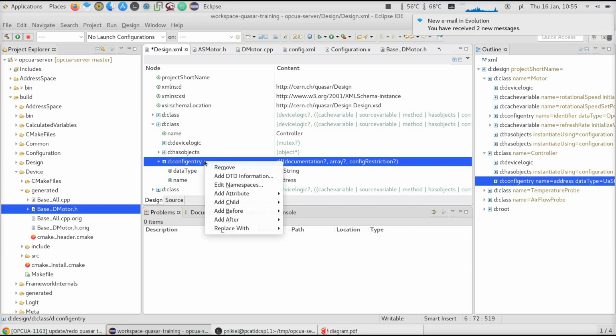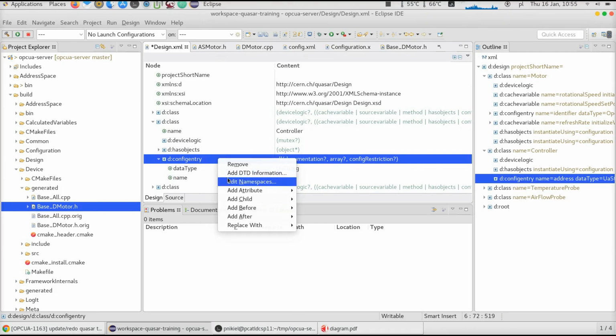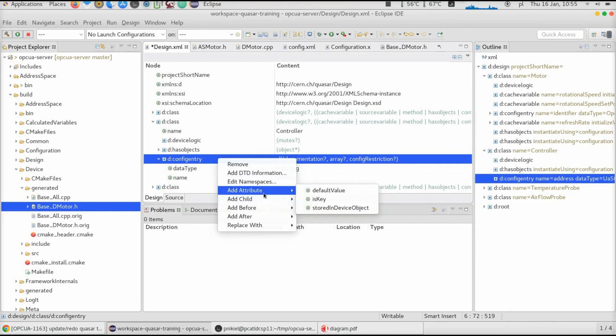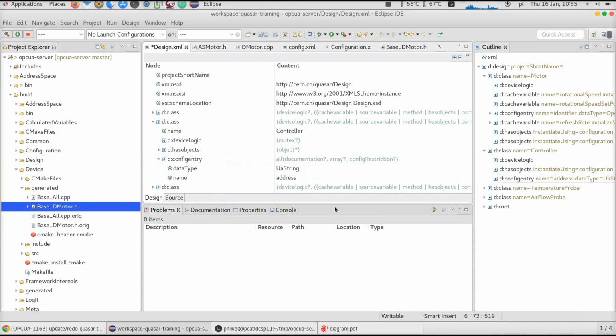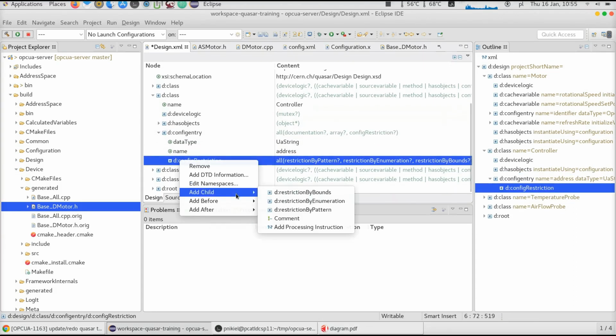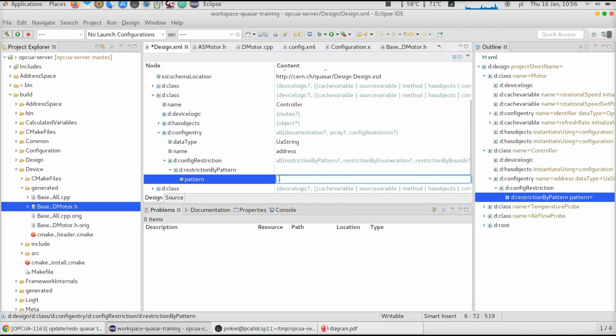So I added my config entry called address, and now I'd like to restrict it to a pattern. So I'm adding a config restriction here, and then I'm adding a restriction by pattern, and I'm adding the pattern which I think matches what my operating system will like, which would be like USB, and then my regular